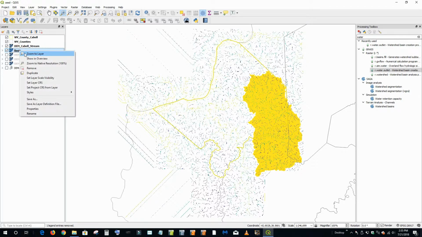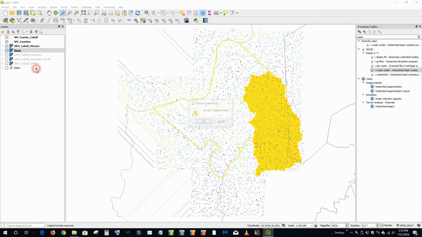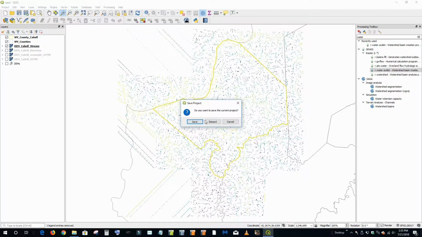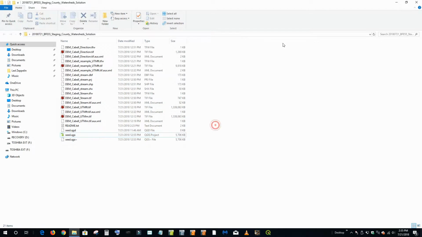So that's what I want to show you, and I really want to go back to the beginning of our effort, because the whole thing is to set up a seed file that supports our BFE process. So let's do that now. I'm going to start from the very beginning. We're going to discuss a little bit about